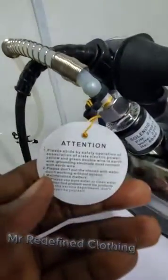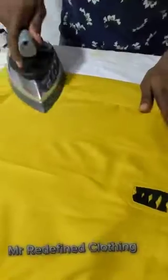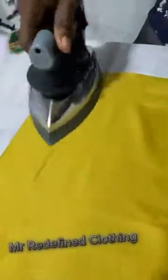So look at the product, attention, and what's it called? The tag, right? So it's now perfectly okay. You must adjust it from there. That black knob, that control switch, right? Look at the steam, it's coming out nicely, right? This is